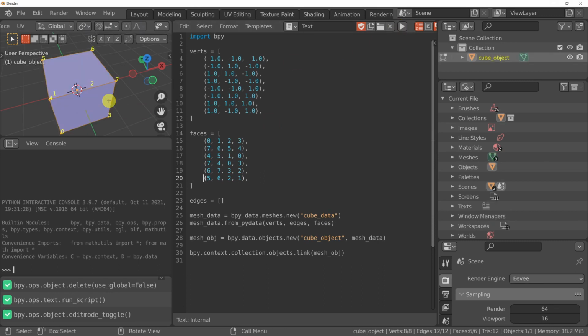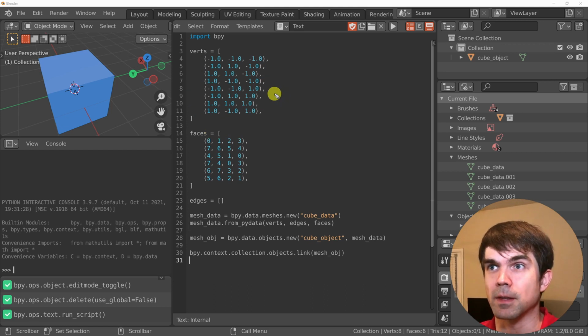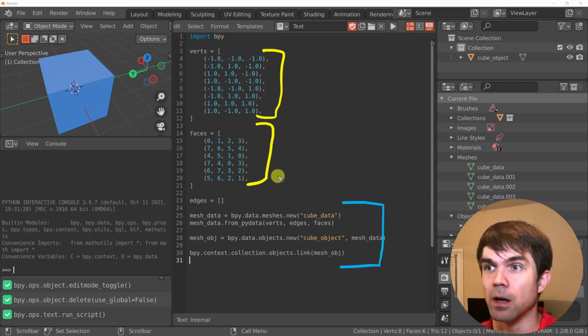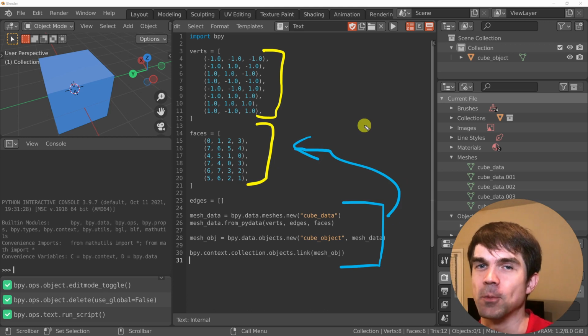And one more thing to note is, as you can see, we're defining verts and faces here, but we didn't define edges. But if you look down here, we have edges automatically defined for us, right? So all a Python script is usually just manipulating some kind of data, right? So manipulating data that defines vertices and faces, and then running some instructions right here, using this data to solve some problem or task. In this case, our task was creating a cube.